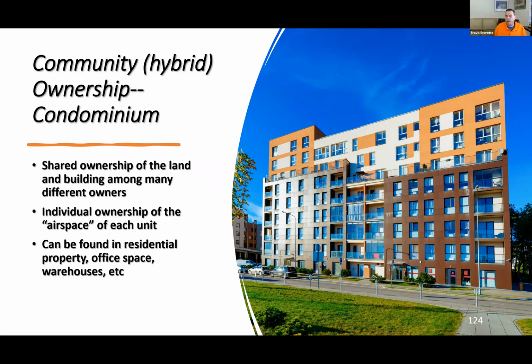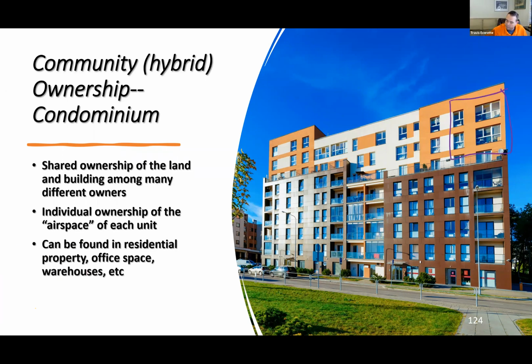If you have a husband and wife who buy a condominium unit, they would be buying their unit as tenants by the entirety, their airspace, but then they would be buying into the group of other owners as tenants in common for the shared ownership of the land and the building. But as far as our purposes in class, typically severalty. Yes, just to make it simple as far as talking about it goes. So when you look at this building, if there are 20 units in this building, if we sit here and we just draw them out,